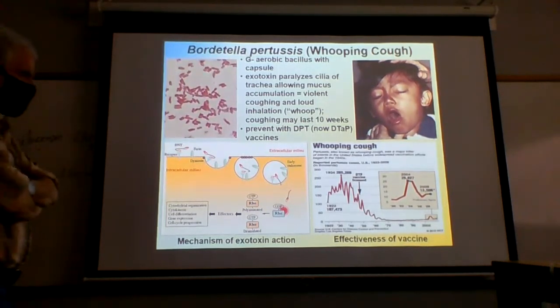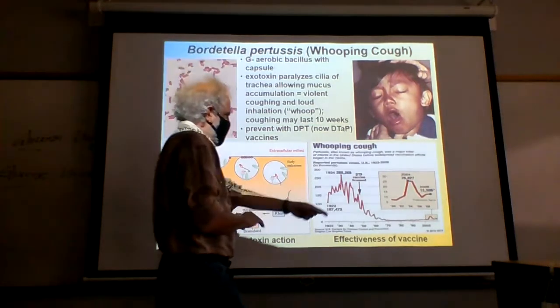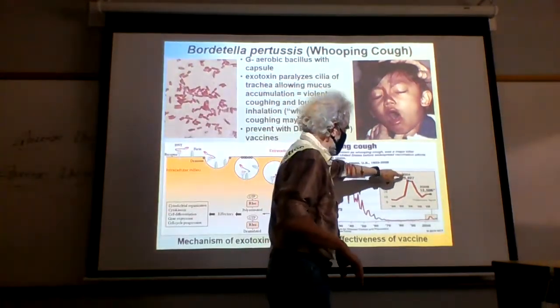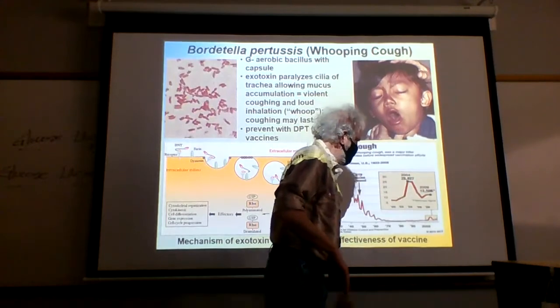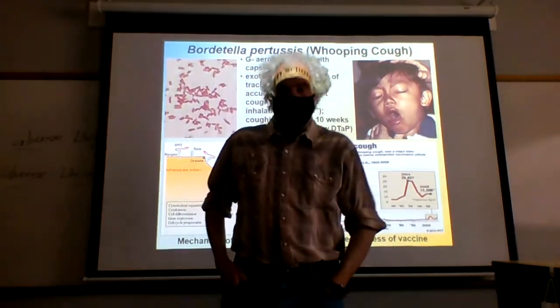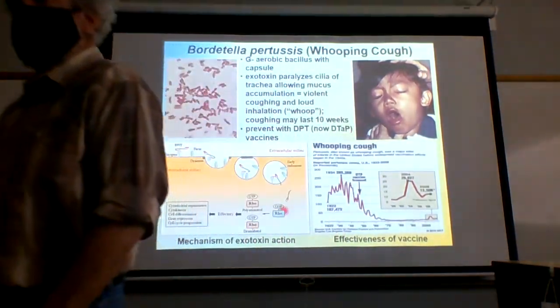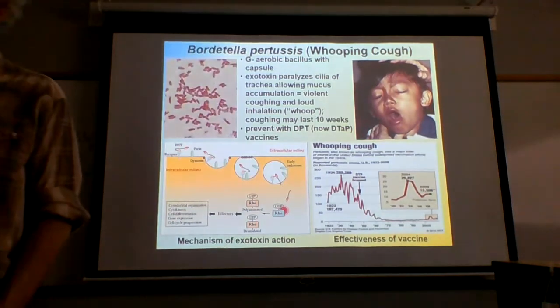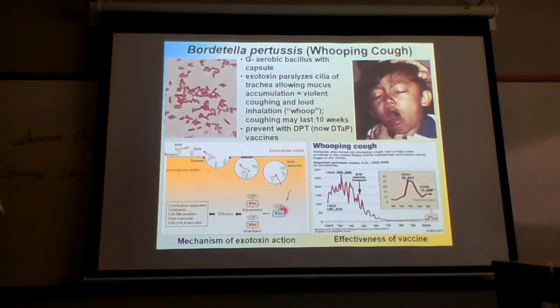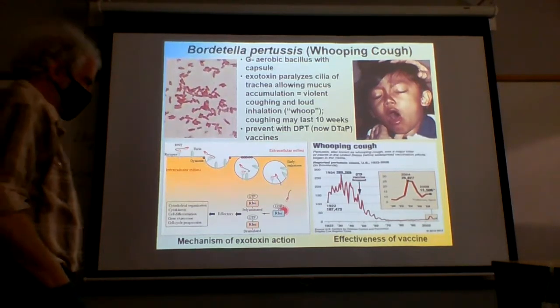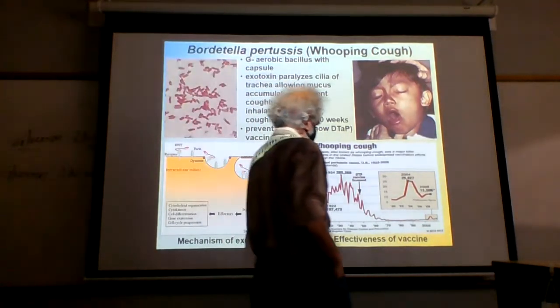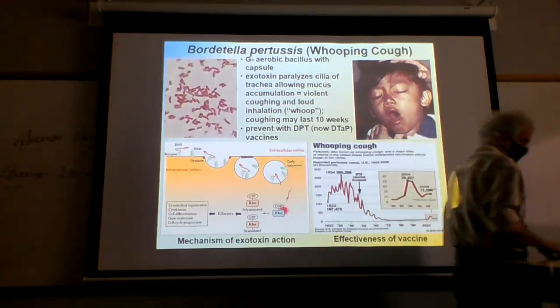Now, I'm not sure that we know what this bump in '04 is about. It did go back down. So I suppose there's a possibility of developing bacterial strains that are not being recognized by the vaccine, but I would suspect that's not really the case. Nevertheless, it was a fairly small bump compared to what it's been.